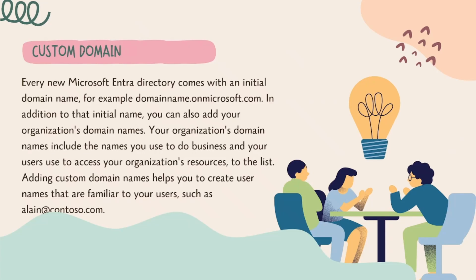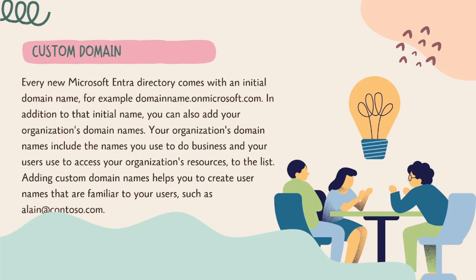Next one, custom domain. Every new Microsoft Entra directory comes with an initial domain name, for example, domainname.onmicrosoft.com. In addition to the initial name, you can also add your organization's domain name. Your organization's domain name includes the name you use to do business or that your users use to access your organization's resources. Adding a custom domain helps you create user names that are familiar to your users, such as